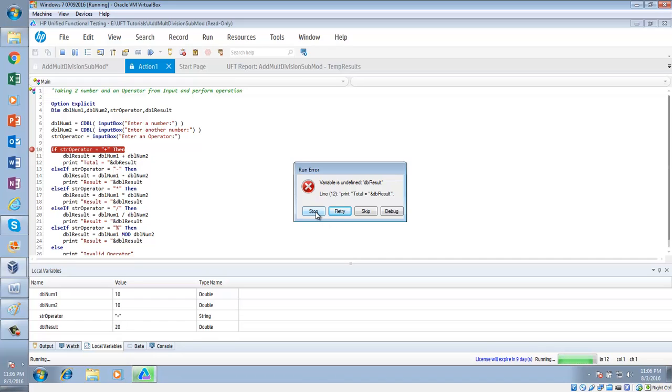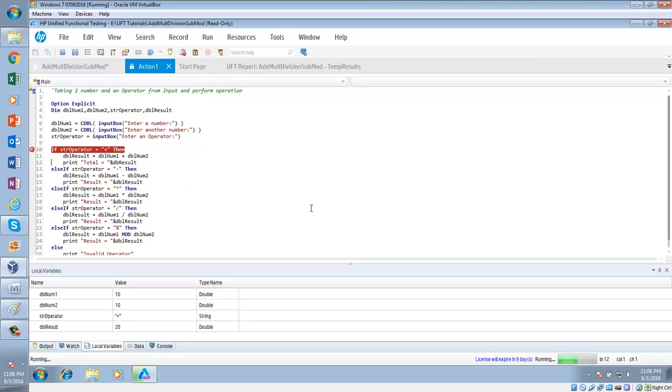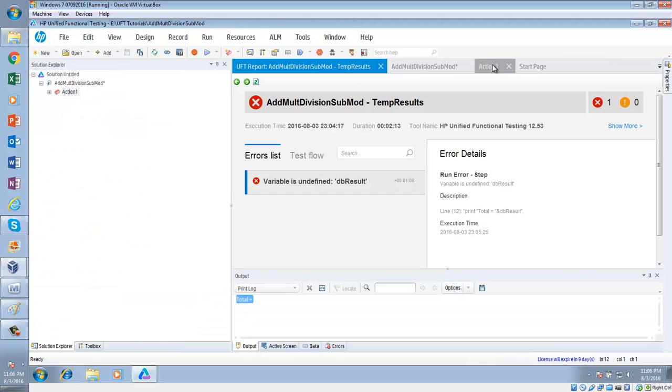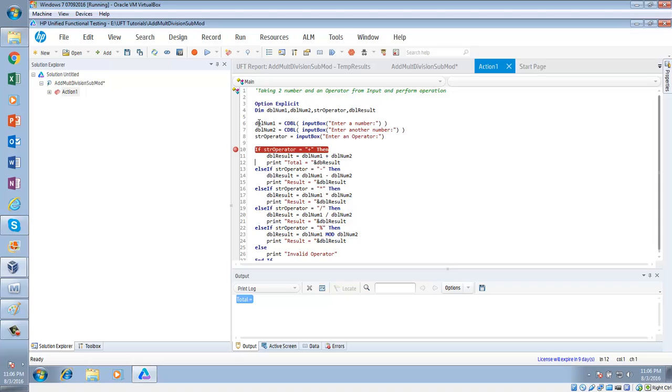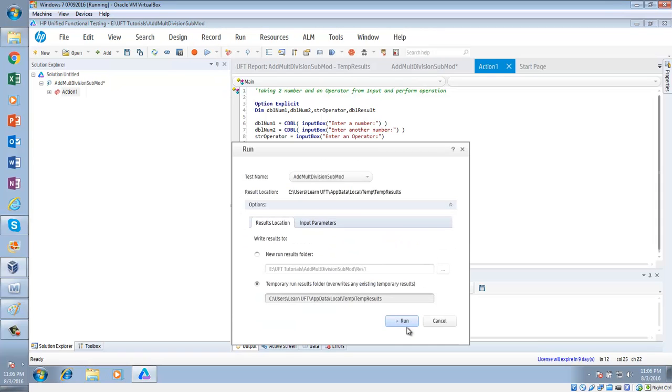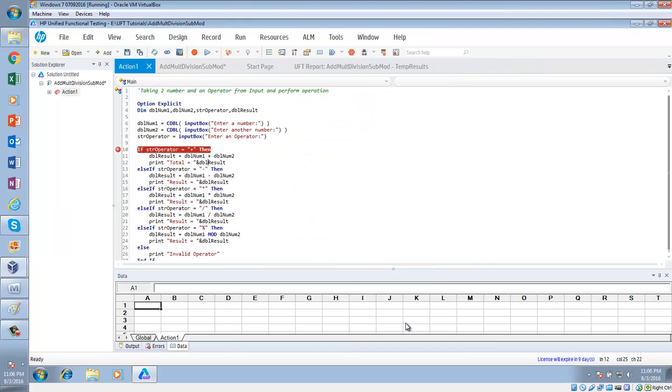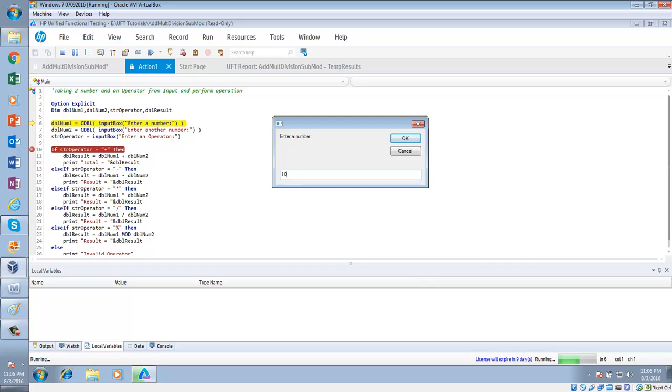And how did we identify that? Because we have option explicit. In option explicit, you have to declare all of the variables that you are using. So from now on, whatever programs you are writing, you will be using option explicit, and whatever variable you use to store values, you will declare first and then use. So if I replace that db result by dbl result, now if I execute the same code, see here, if I input 10 and then,